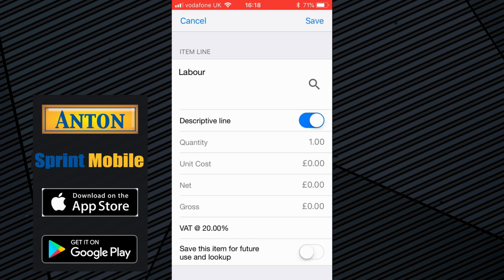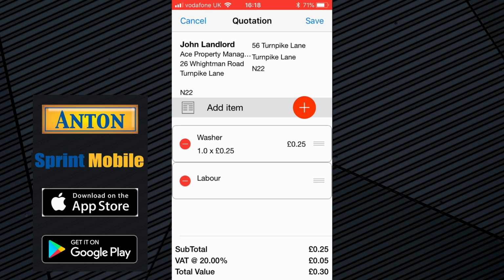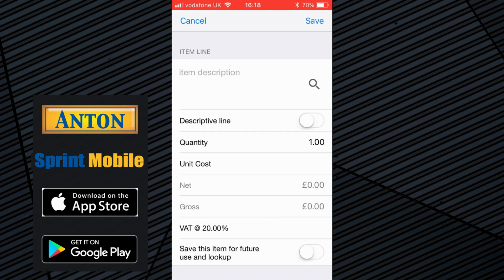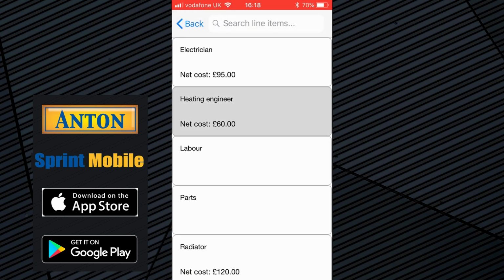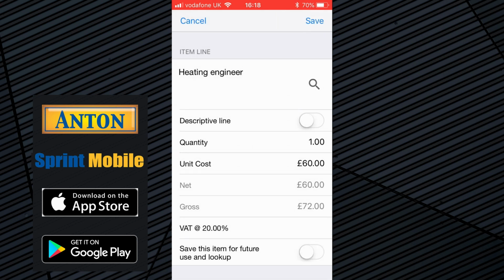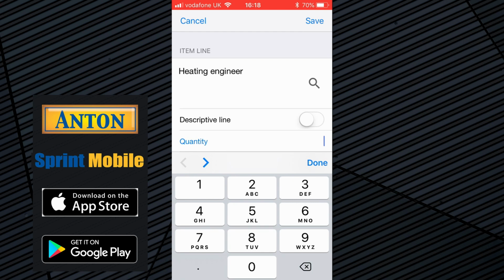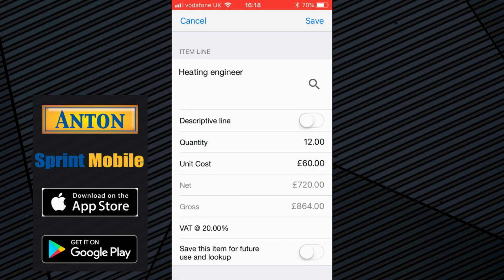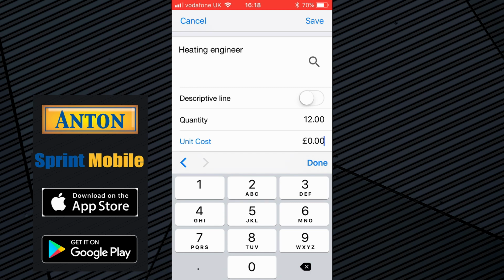So I want to save that, and then I want to go in and add my time as the heating engineer. So again, I've put it in there. This is 1 hour, but you can go in and change. So this job is let's do a boiler fit. So I don't know, it's an 8-hour job. It's probably a bit more than that, isn't it, in terms of labour? So let's say 12 hours. Done. There might be a friend and family, so you might want to change the price, £55.50 an hour, random,